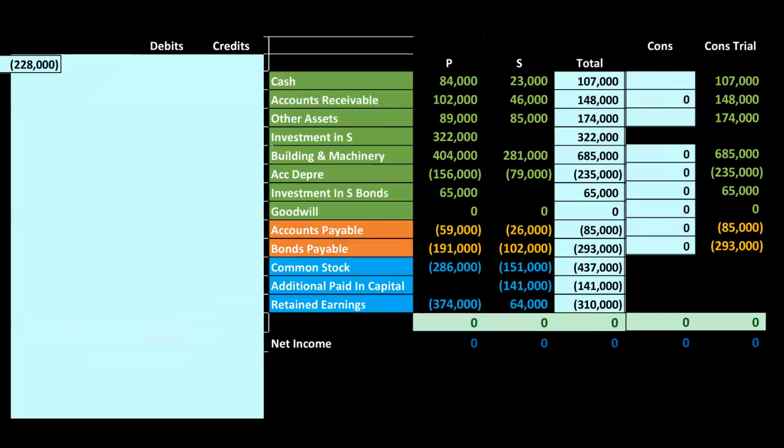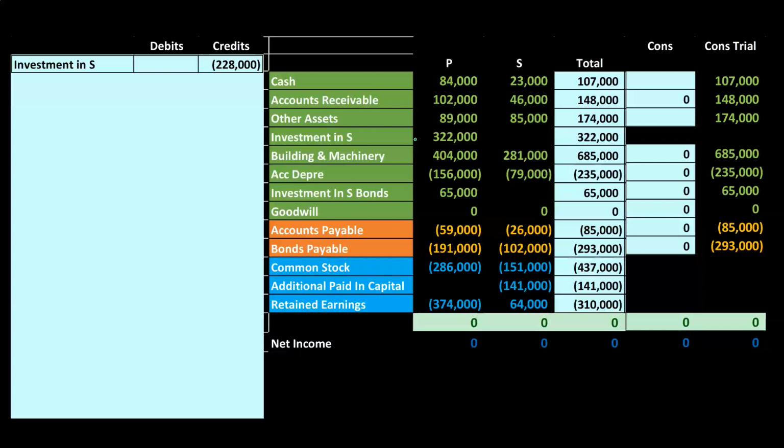So within the consolidation entries, let's say, okay, now we've got this investment in S. It's a straightforward type of investment at this time because we're consolidating right after it took place. So even though we're assuming they use the equity method, there's no activity since the point of purchase, so it's just on there at the purchase point.